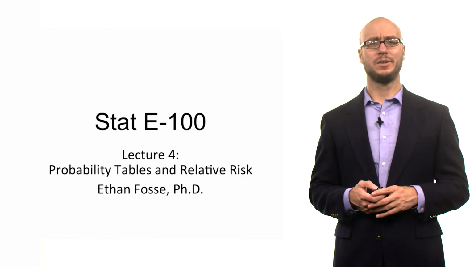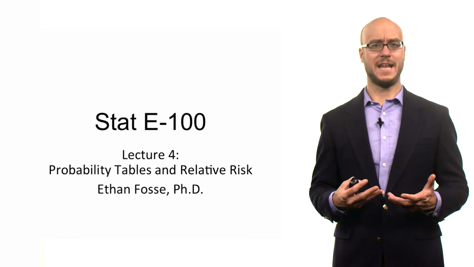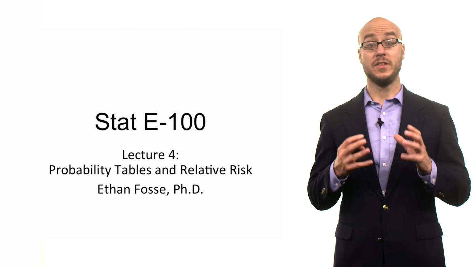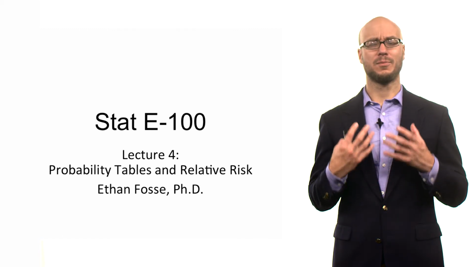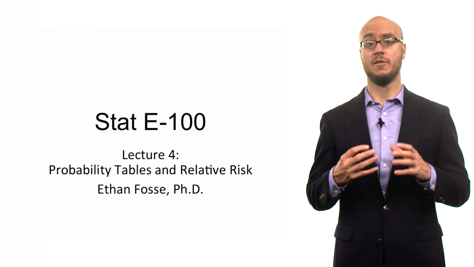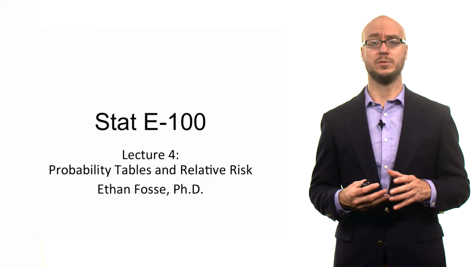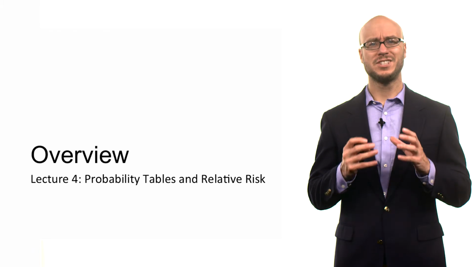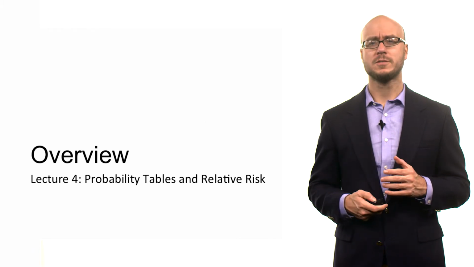Hi everybody, welcome to Lecture 4 of STATE100. For this lecture, we're going to talk about probability tables and relative risk, a measure of association for two categorical variables that are binary. So just to give you an idea of where we are in the course right now,